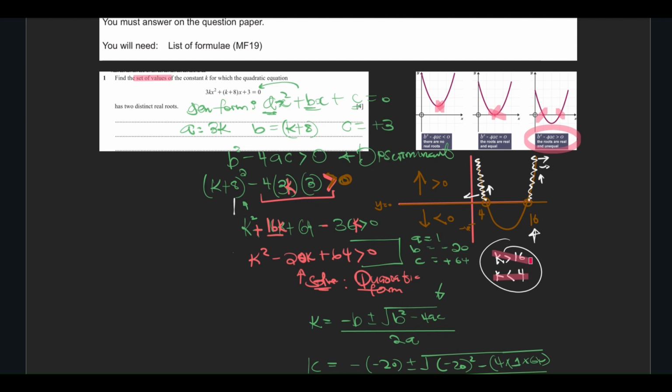The issue is anybody between 4 and 16, 5, 6, 7, all the way to 15. Anybody between 5 and 15 becomes a value or a set of values that cannot